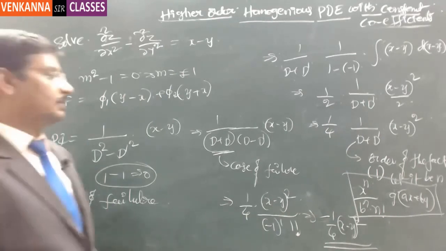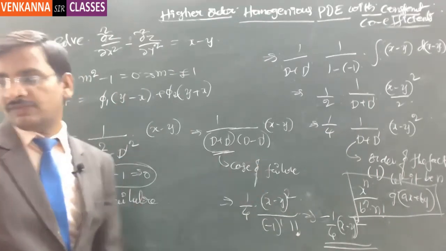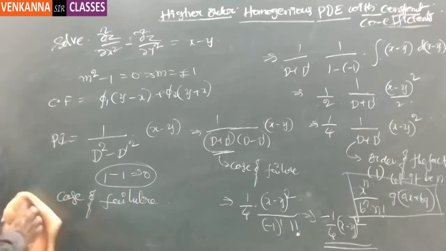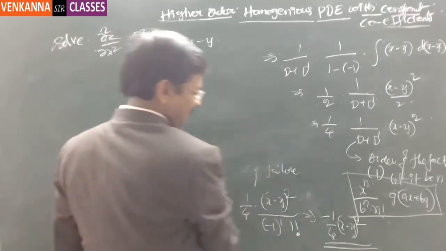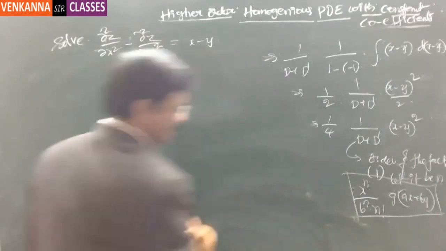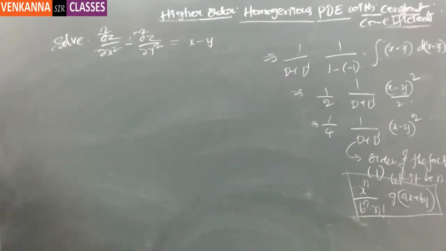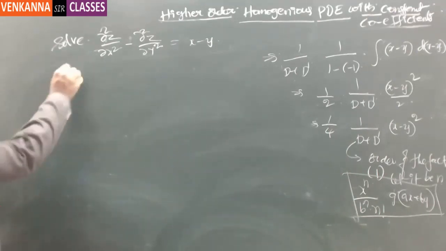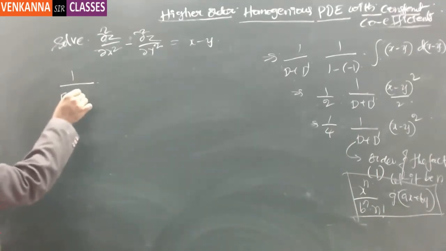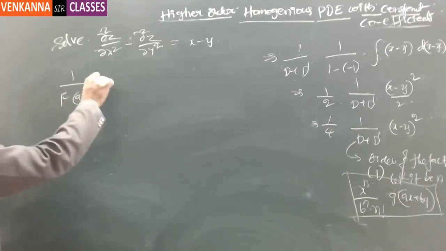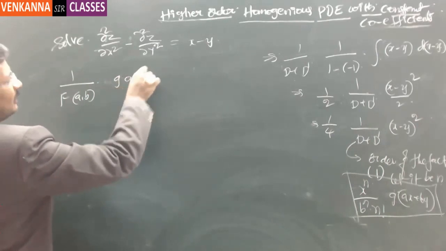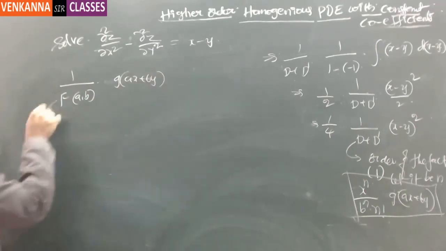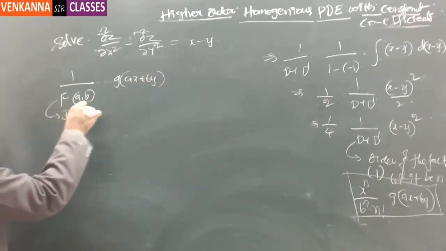See this. Okay, so you note down this. I am going to explain that formula. So this one, suppose, 1 by f of a comma b operated on g of ax plus dy. Suppose it is a case of failure,